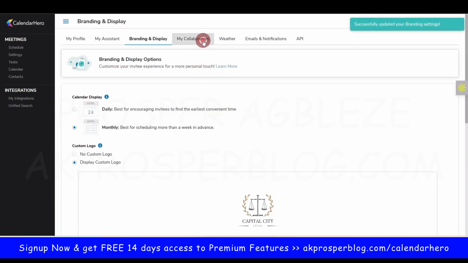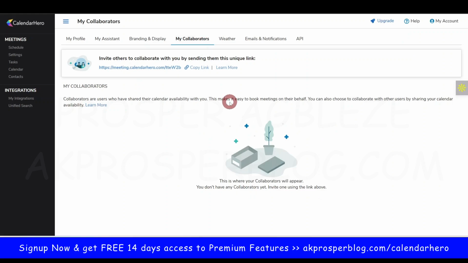So now let's go to my collaborators. If you want to include a collaborator, you can see here it says collaborators are users who have shared their calendar availability with you. This makes it easier to book meetings on their behalf. You can also choose to collaborate with other users by sharing your calendar availability. So basically, you can also include other people, maybe a team member or a member of your staff, into your CalendarHero